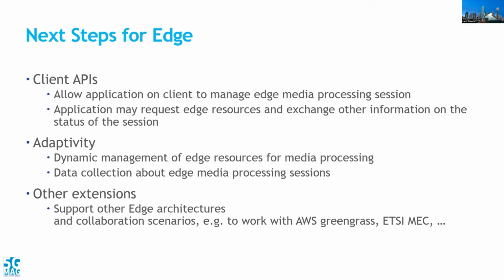Adaptivity is another topic. So being able to monitor and use the information about the status of the AS, the status of the network, and all of that can, for instance, be shared with the network, the data collection function, or it can be used to decide things like, should I relocate, should I spawn a new edge application server instance for future clients and things like that. So all of that would be addressed in release 18 or beyond,